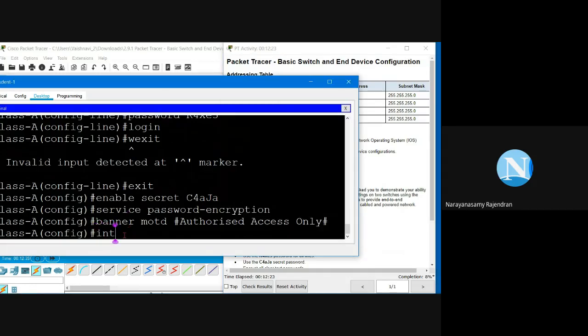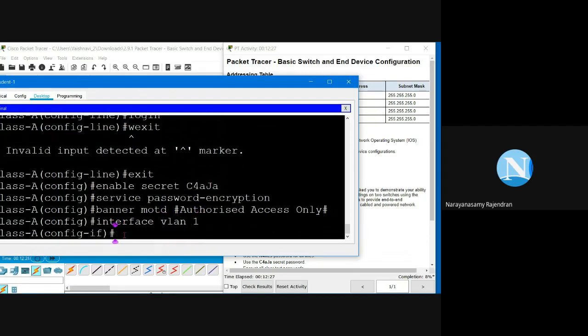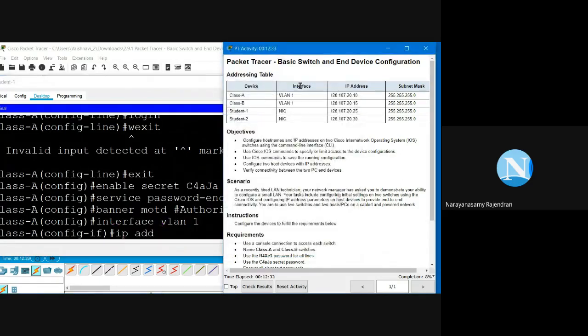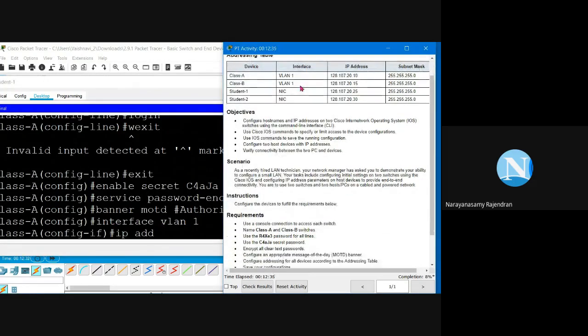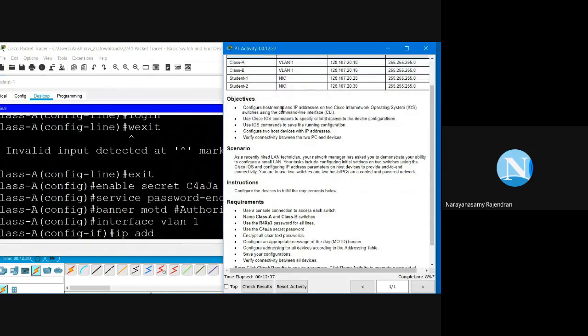So type the command interface VLAN1. Type the command ip address. I'm going to type this IP address. Okay. What is the IP address?